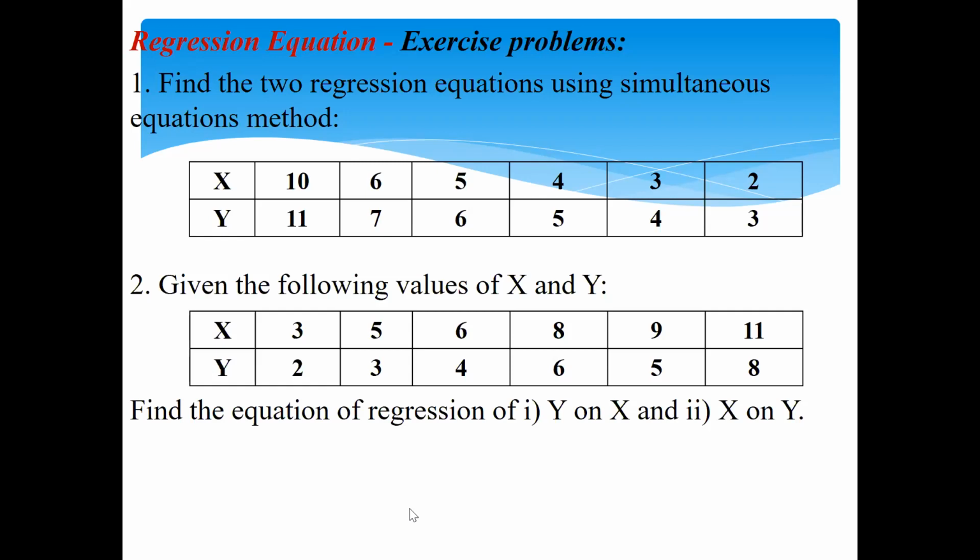Yes, Jayesh, very good. We need to go with the x square column, y square column, and then xy column. Good. Because we need those values to calculate a and b, since if you see the formula to find out a and b, those things will be there. That's why we need to find out x square, y square, xy. Everyone copy the problem. Yes, everyone has taken down the first problem, guys.